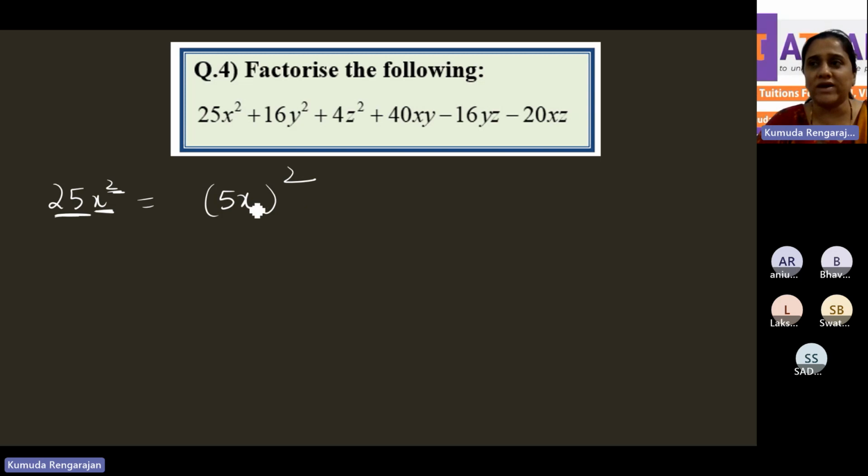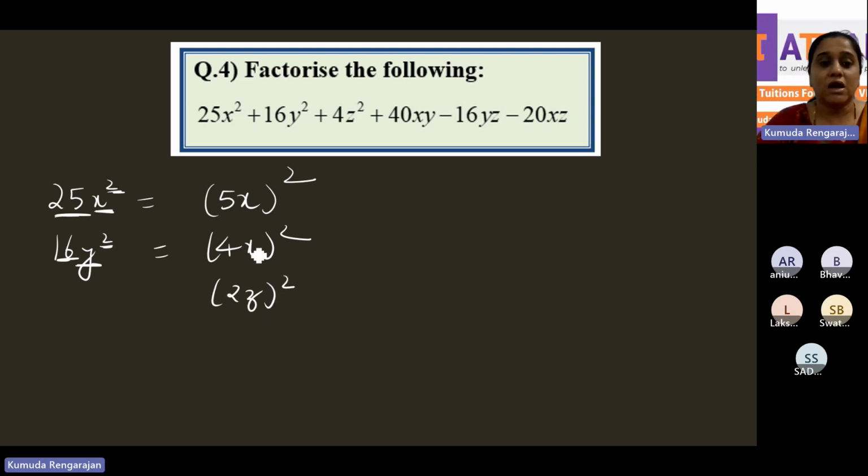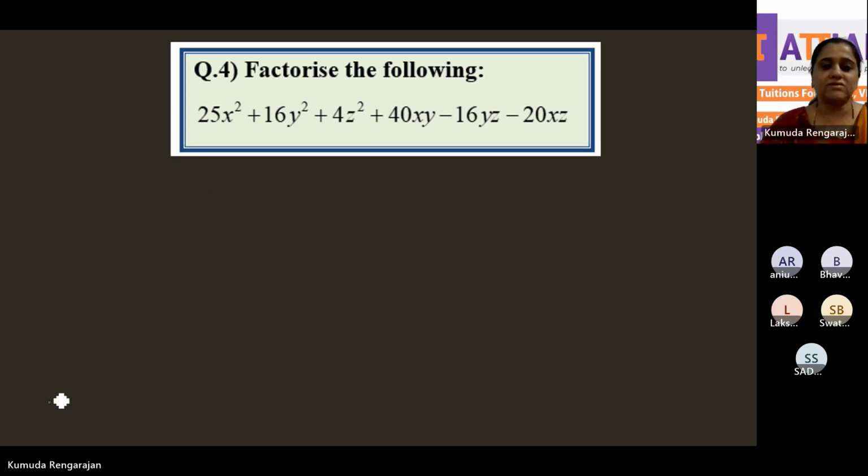So 5x the whole square. 5x into 5x is 25x square. Similarly, 16y square. The square is only for y, it's not for 16. So 4y the whole square. And 2z the whole square, right? Yes or no? So 5x the whole square plus